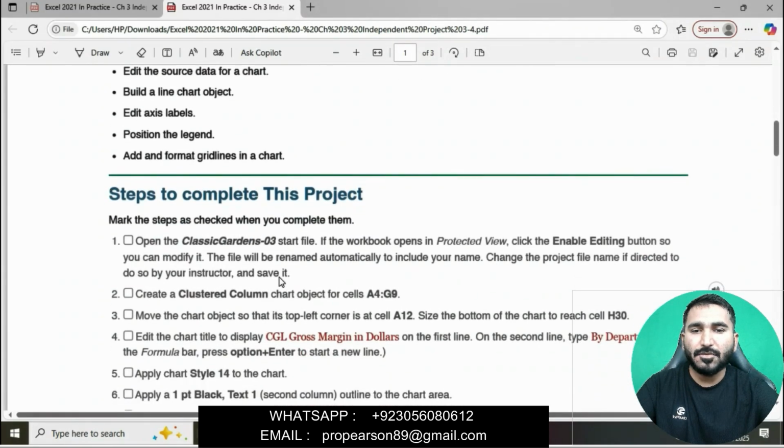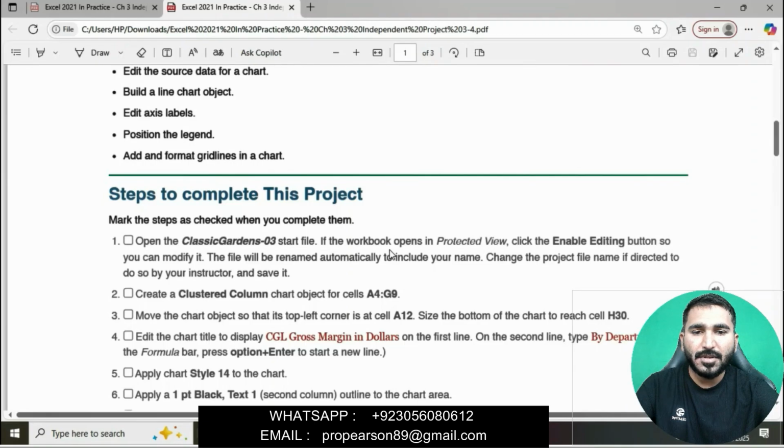Here are the steps to complete the project. Mark the step as checked when you complete the item. Open the Classic Garden 3 start file. If the workbook opens in protected view, click the Enable Editing button so you can modify it.